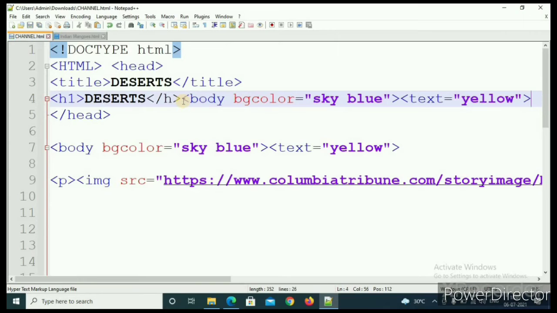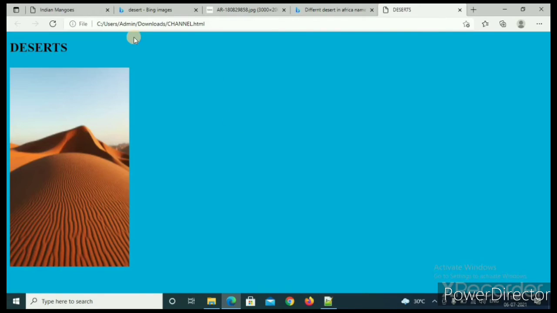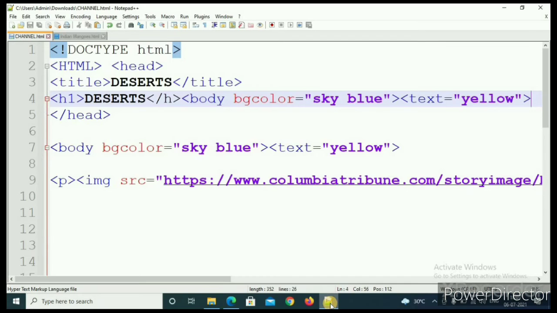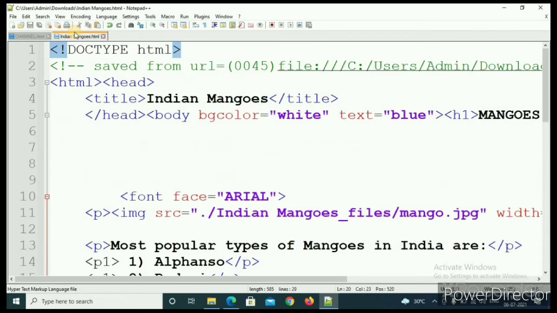Then Control plus S and then save and then reload. It's not running now. What have I done here?